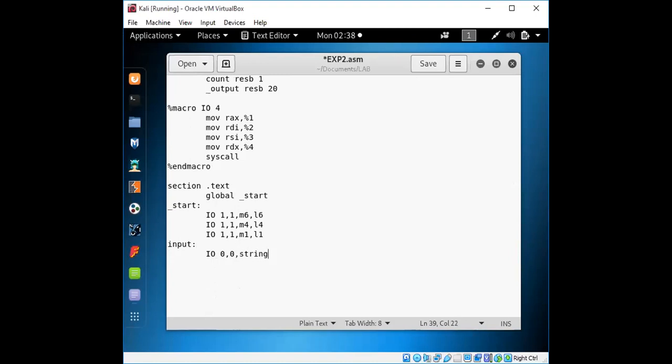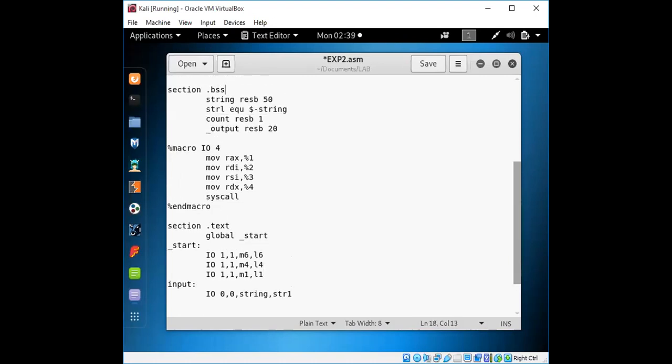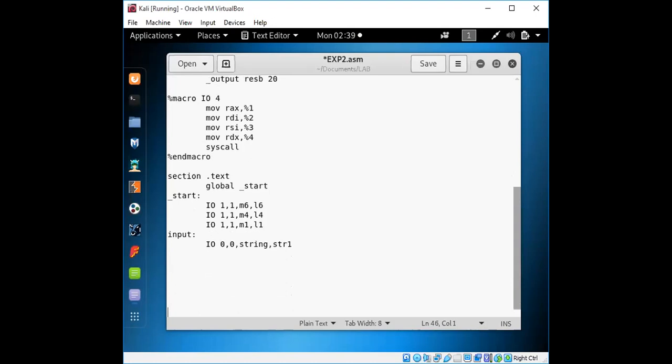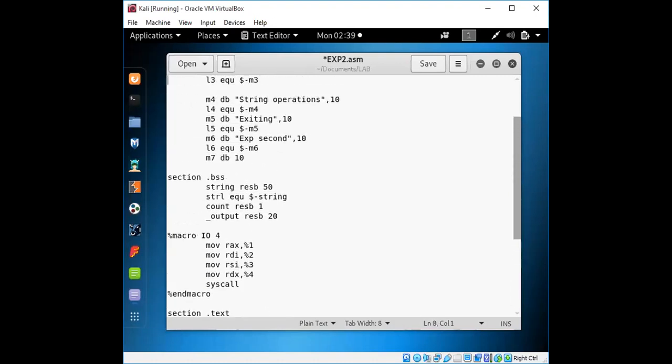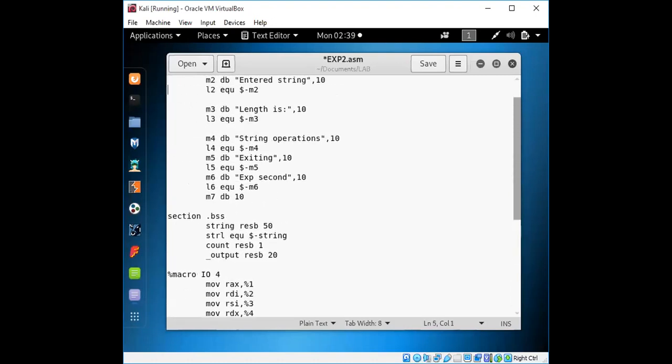Which will be 0, standard input. Okay, so with str1, let me take it as string 1. The length of it will be str1 length.